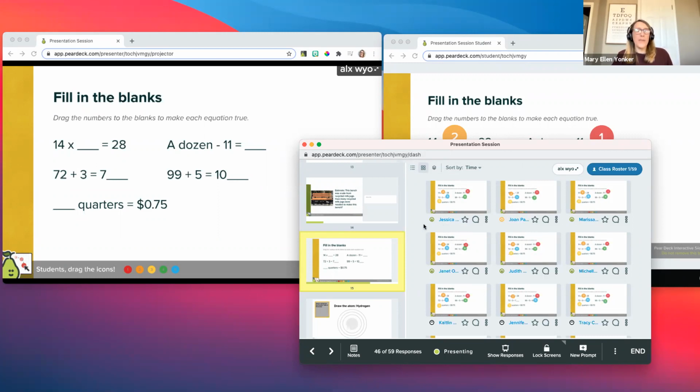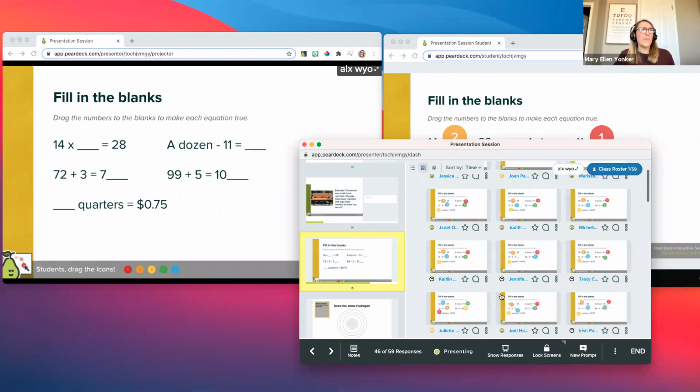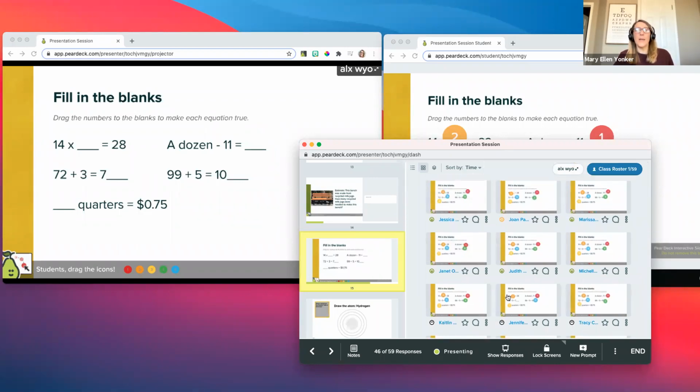I have some other things here. I've got these faces from the climate survey at the very beginning of the session. And this is really important, especially because a lot of our students are not in the room with us. So if you want to do a check-in with students, if they're not doing well, especially if you see the sad face, you probably want to check in with them privately and see how they're doing. So that's the climate survey data, student names, and then we've got these stars.